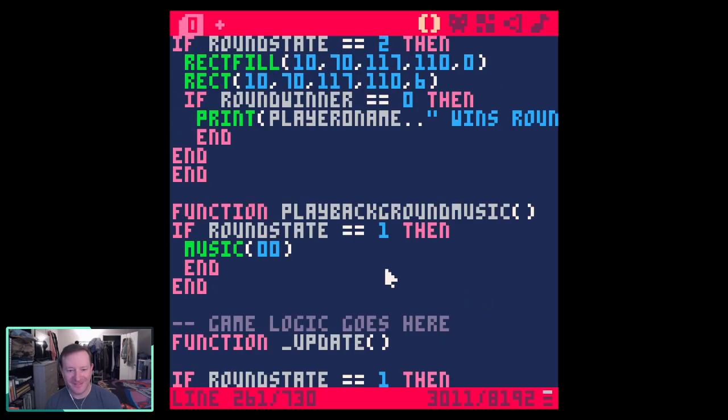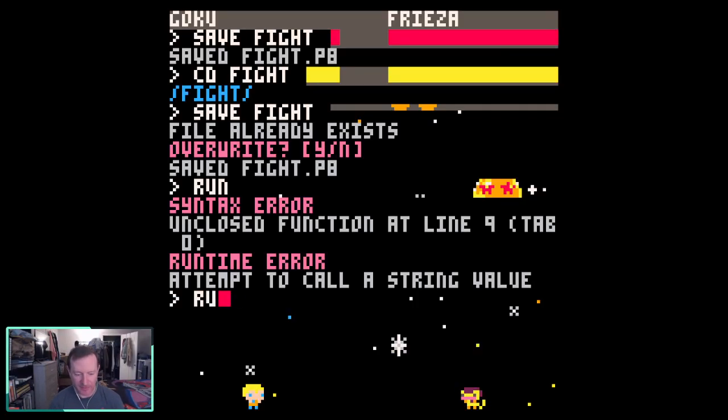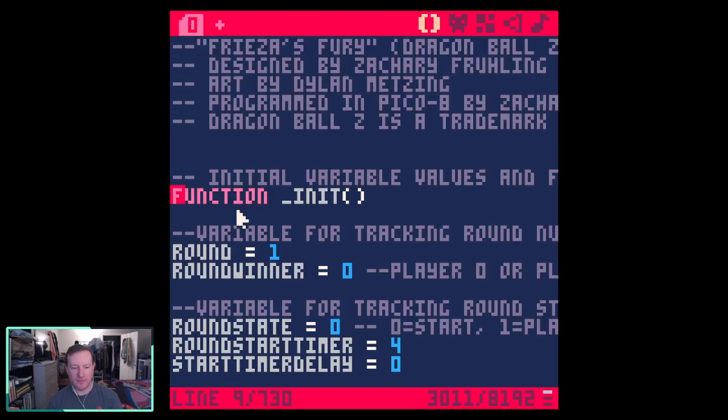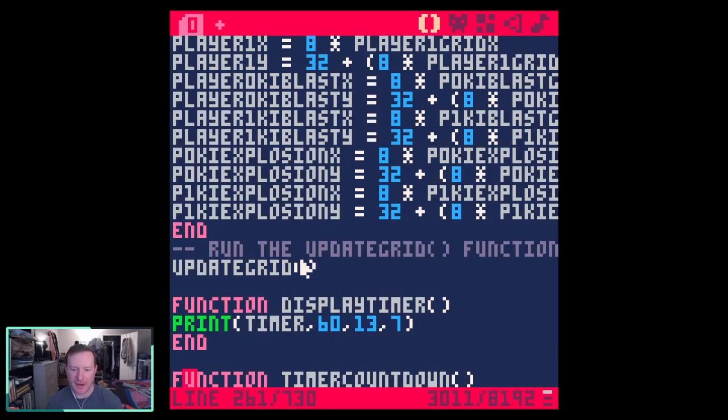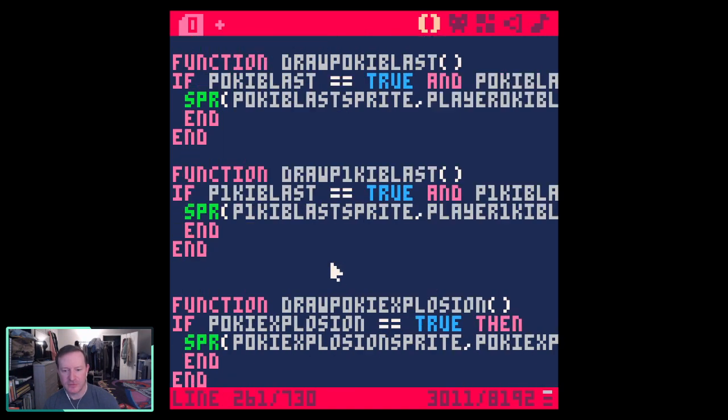Okay. If round state equals 1, then music, end, and end. So why didn't it like that? What the heck did I mess up? Does it need to go in the bottom part in the draw or something? No. Well, eventually. Right now we're just defining the function, so